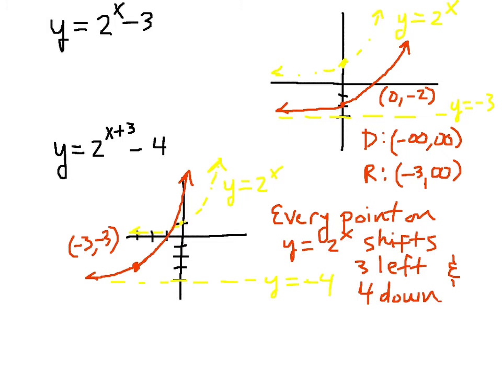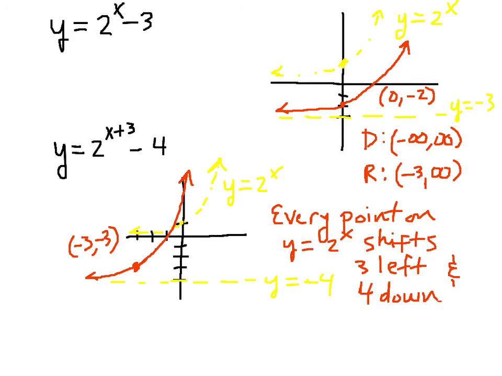Our exponential graph poses a lot of challenges because we have to keep track of our locator point, which is at 0, 1, it's the y-intercept, and our asymptote, which is the k-value. Now, in this particular graph, we have a horizontal asymptote at -3, and that's the first thing that goes on the graph. You sketch the horizontal asymptote, and then what I've recommended that students do is draw kind of like the phantom graph, what the parent graph would look like, the y equals 2 to the x, and then all we're doing is shifting all those points down 3. So our locator point goes from 0, 1 to 0, -2. And then all the points follow. So, and then we can just draw a nice curve